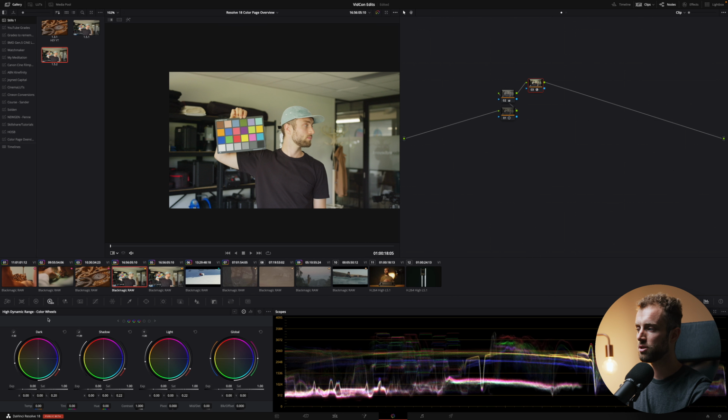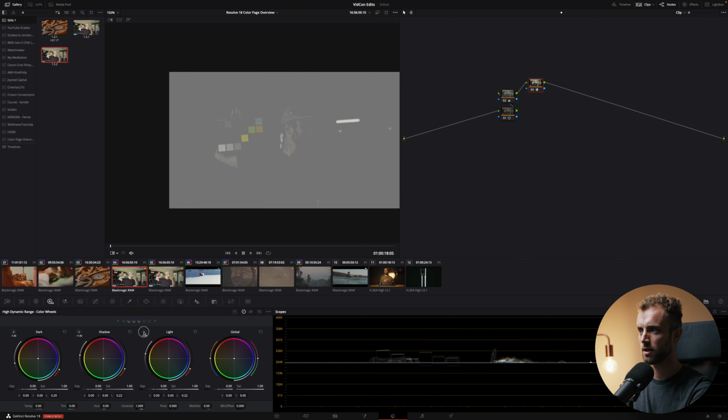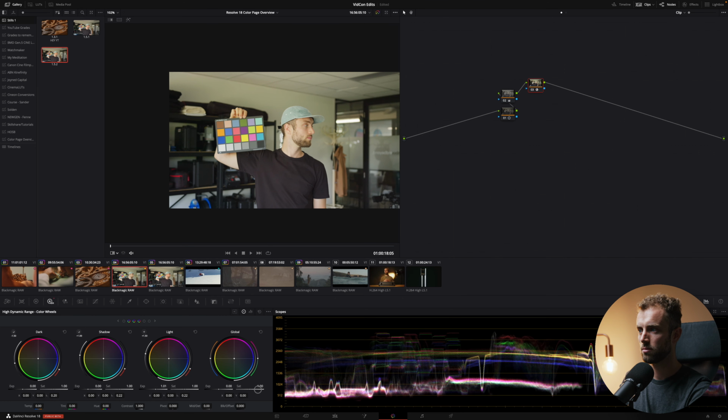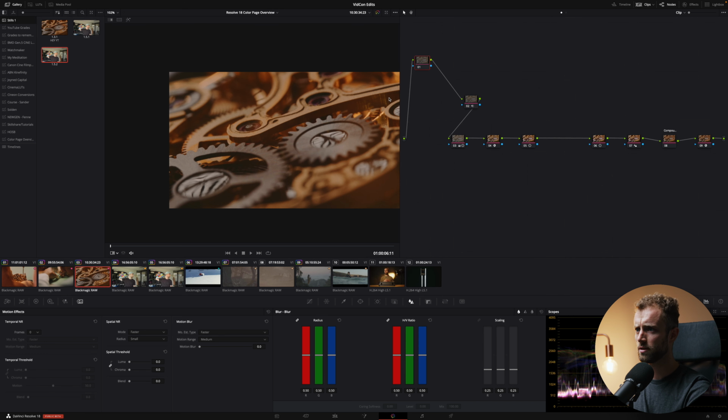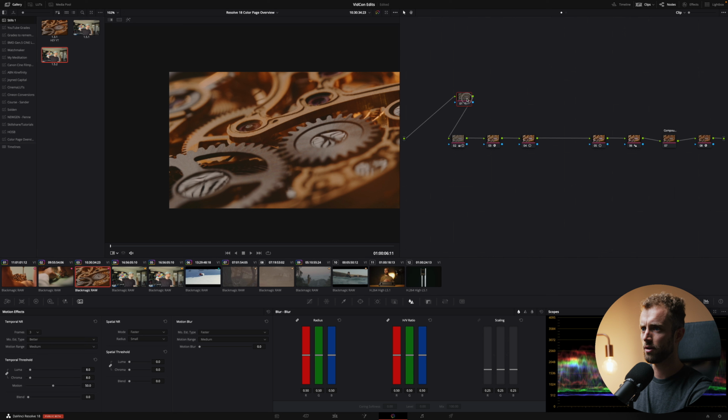Next up, we've got our HDR controls. Same thing as the primaries, but when you work with HDR footage, gives you even more control over which part of the dark, shadow, light, highlight area is affected. You can do it by using these sliders and checking what is actually being affected when I now drag the exposure up or down. Next up, a very powerful tool. This is used for noise reduction. So whenever you have a very noisy image like this one, I use a noise reductor to get rid of that image noise, and it works really well. My preferred settings are 3, better, and then like a value between 8 and 12.